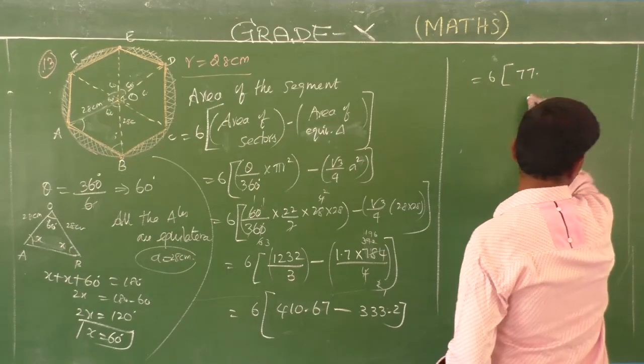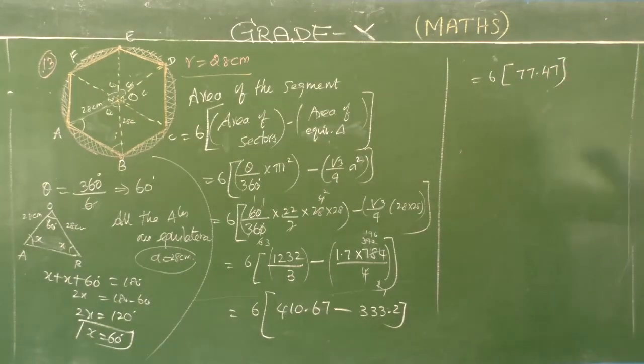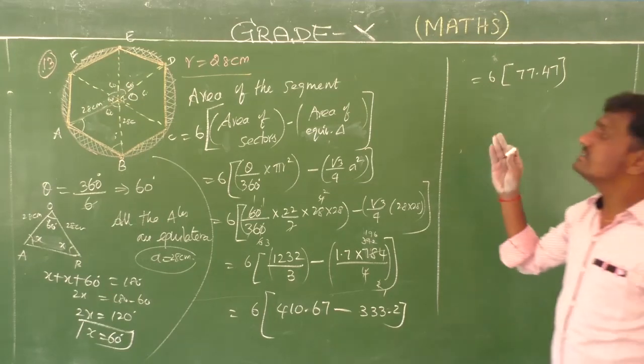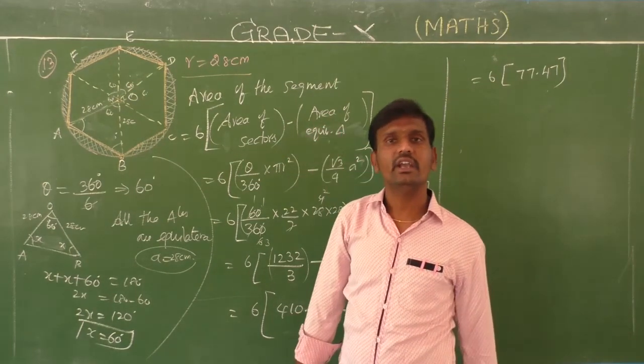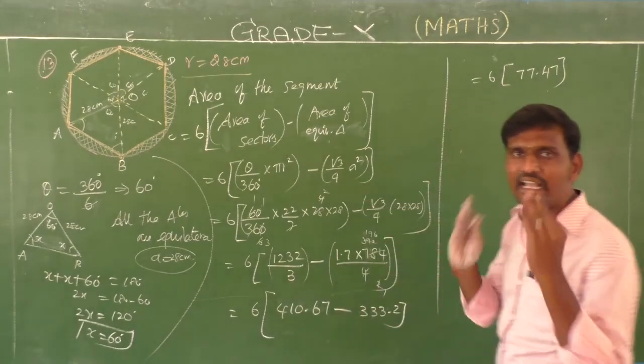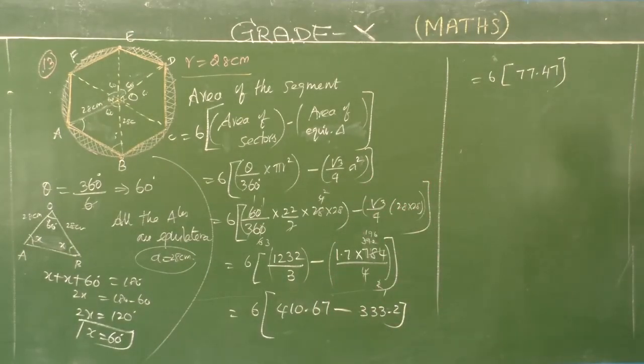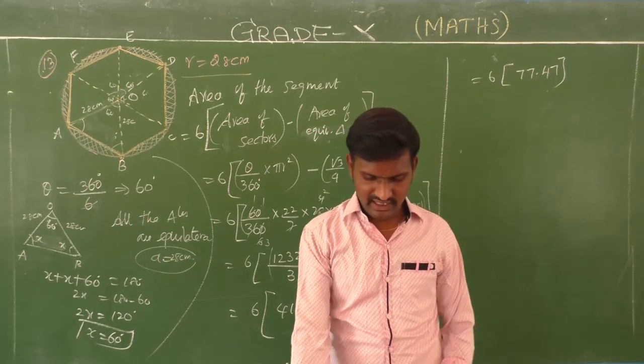6 into 77.47. Now I am going to multiply this again, because 6 times, area of the sector minus area of the segment, because you have 6 sectors, 6 segments like that. So 77.47 into 6. 6 sevens are 42, remainder 4. 6 fours are 24, 28, remainder 2. 6 sevens are 42, 42 plus 2, 44, remainder 4. 1 six is 6, 6 plus 4, 10. So 2 decimals if you are going to go.